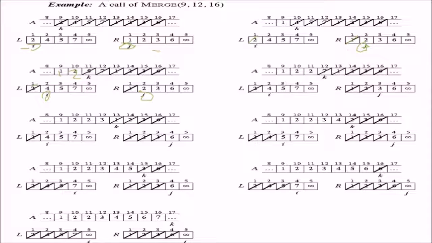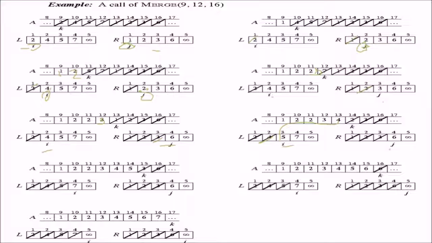Then i will find its place here, and j has already moved here. Now 2 and 4, let us compare. Which one is the smaller? The 2 is smaller, so we cancel it out and we move this 2 to this 11th position. This is the merging which is happening. Now i is here, j is here, 3 and 4. Which one is the smaller? 3 is the smaller. So we cancel this 3 out and place it at this position. j is here now, i is here. Let us compare i and j. Which one is the smaller? 4 is smaller, so we cancel 4 and move it to this place.